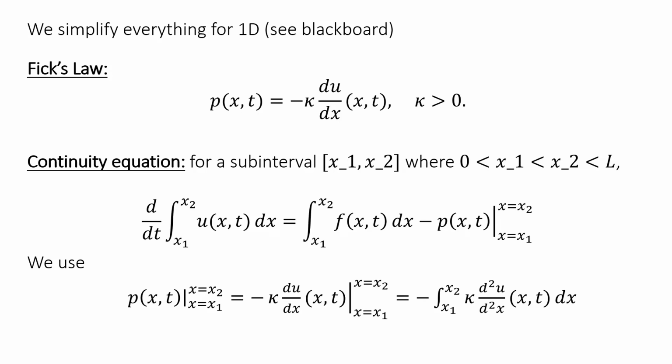And again, this will be accompanied by a blackboard demonstration. So again, we've got Fick's law, and this time the gradient in the one-dimensional setting is just the spatial derivative, the derivative in x. So Fick's law tells us that the flow of heat P(x,t) equals negative kappa times the spatial derivative of u(x,t). x is again the spatial position taken from the interval between 0 and L, and t is any positive time. Kappa, just as before, is some positive material parameter.